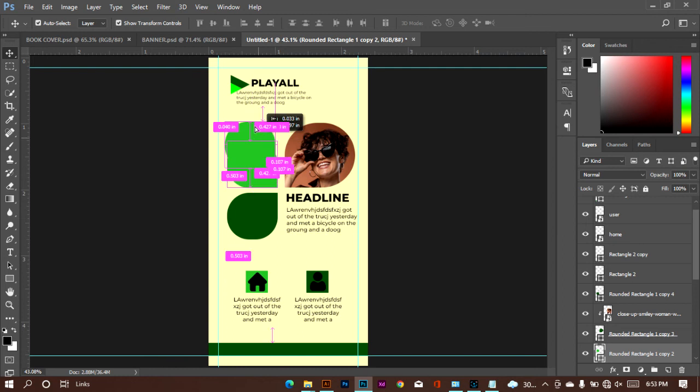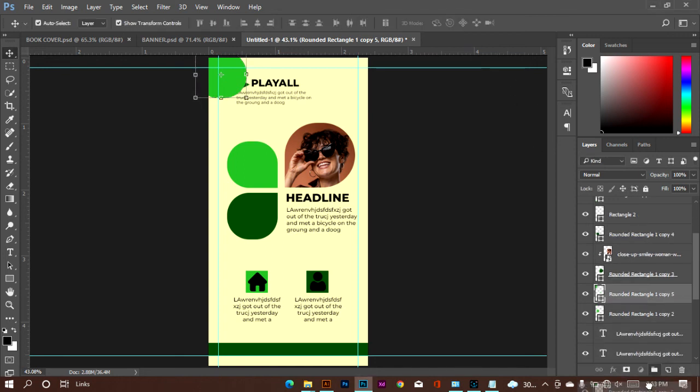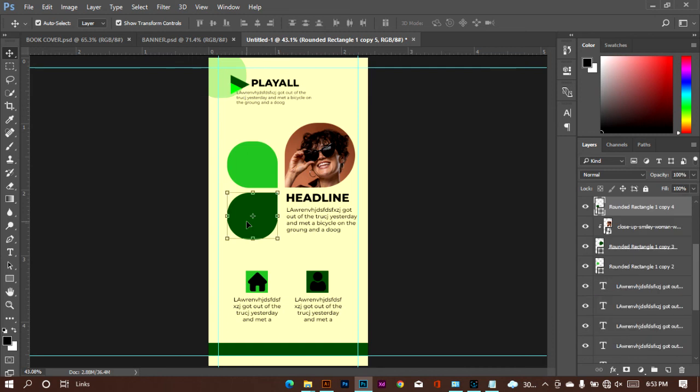So you can make a copy of this and rotate it and place it up here. But come back and drag it to the background. Okay, your tick mark first. Then you click, hold, and drag it to the background, directly above your background, and you reduce the opacity. Do the same thing for the darker one. You can make a copy of it,